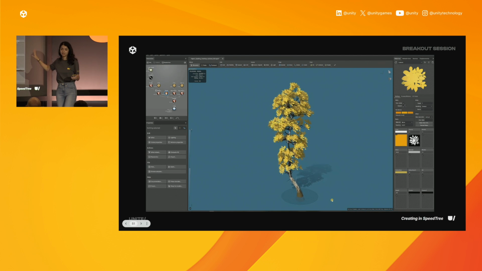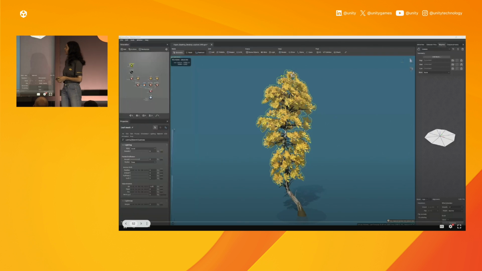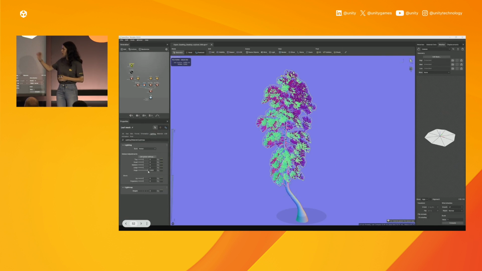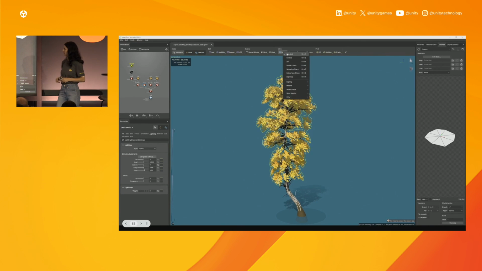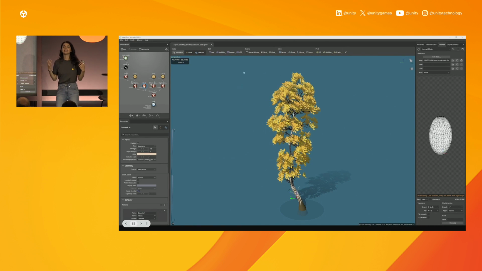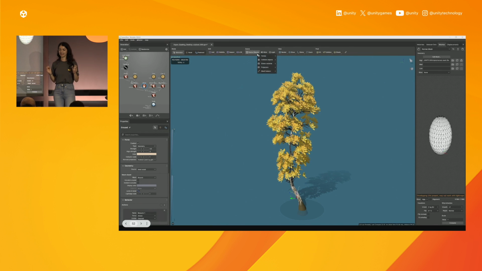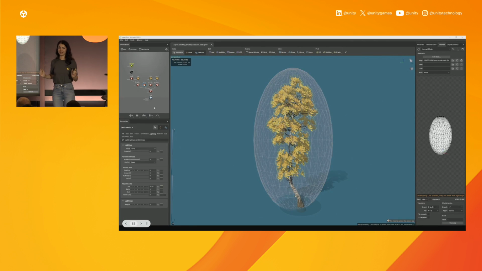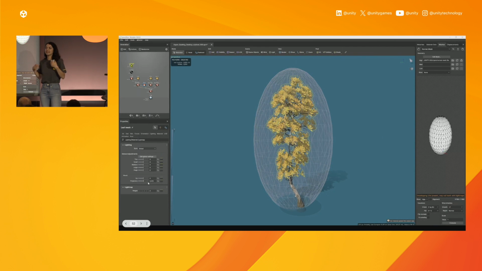We could stop here, but I'm going to show you one more thing for stylizing, which is lighting. So I'm going to switch on the normal maps just so you can see. And with normal maps too, we're still just working with procedural properties. Now I'm just kind of playing around here, but in the last year, we added easier options for stylized lighting called global lighting. And one option is we can add in a mesh around our tree and project our normals out to that mesh. And the advantage of this for stylizing is that it can give us a really nice, evenly lit, puffy tree.